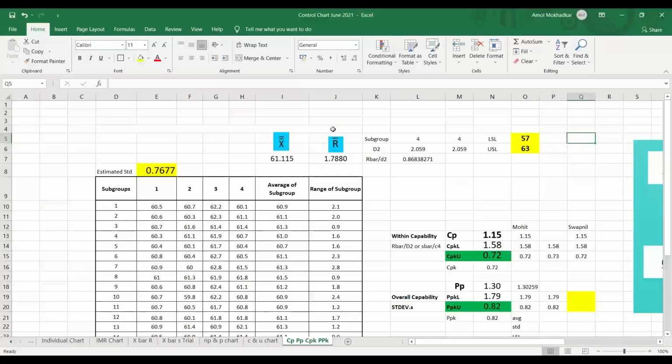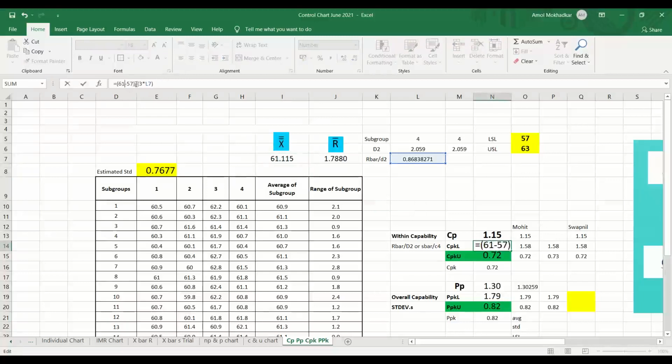If it goes above, it means that there is a problem. Now if you want a better CPK, here there is a big difference between these two. So number one thing will be to bring it to the center. Got it? Now if I hypothetically put it at the center, for example 60, still your values are not matching too much. Okay, sorry, here I think it is not taking from the reference, that's why.